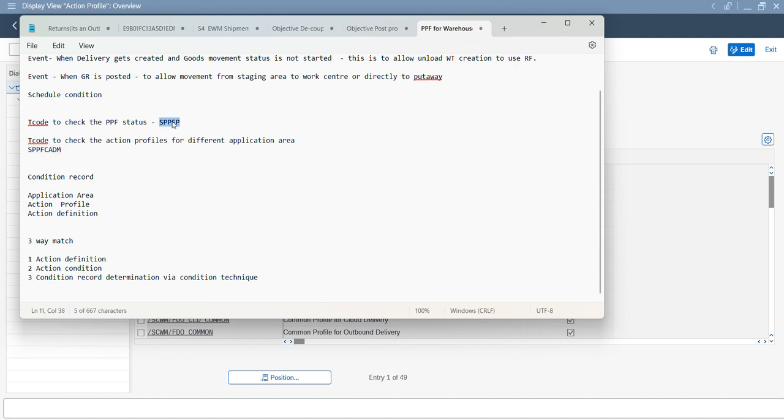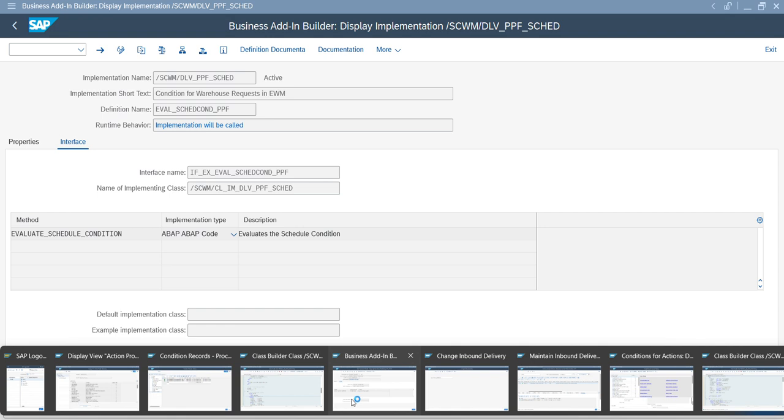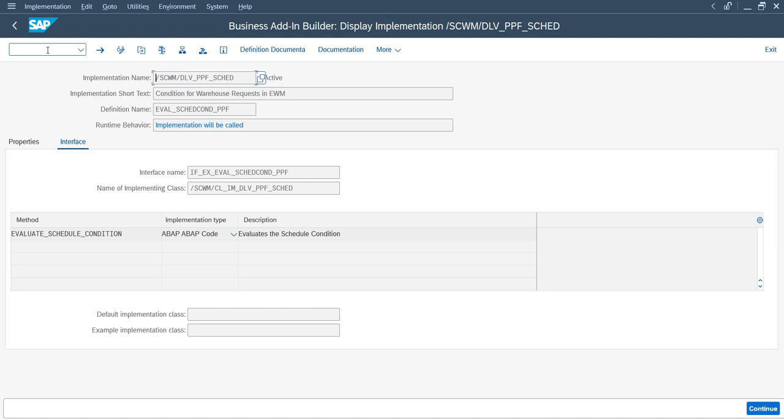Now, once your PPFs are generated, they might go into error, or into waiting status to be processed by batch job, or succeed. If you want to see that, this is the transaction code SPPFP. Once you come to the transaction code, you can